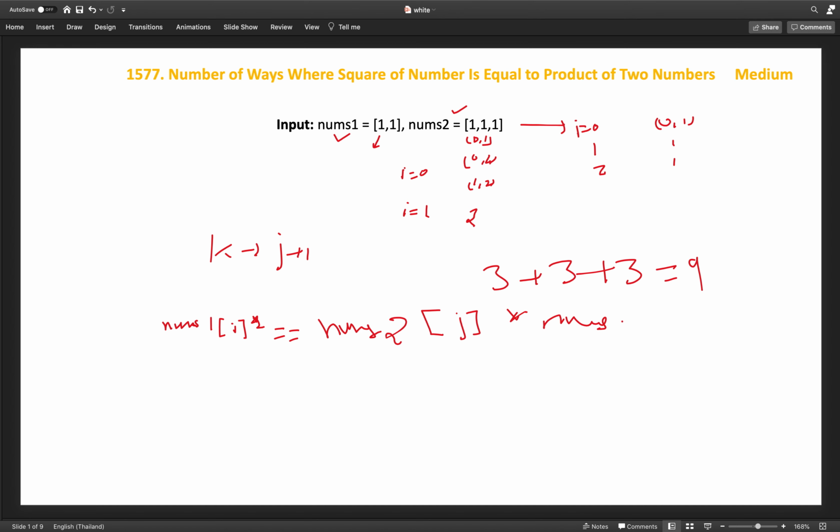If it is possible, then keep a counter and increment it, and we need to do the same for nums2, where nums2[i] squared equals nums1[j] times nums1[k].